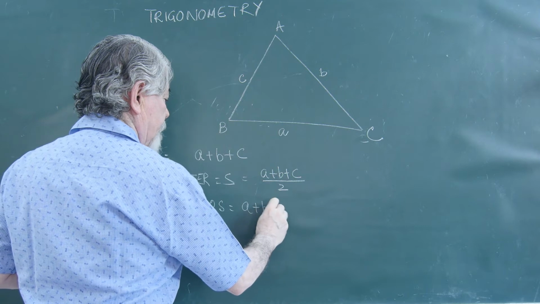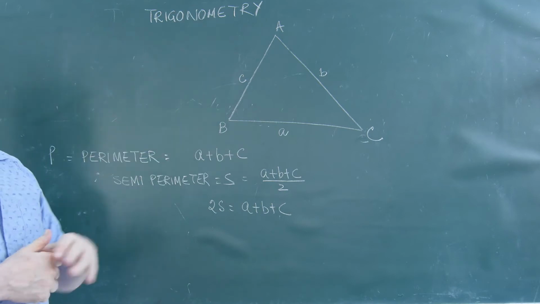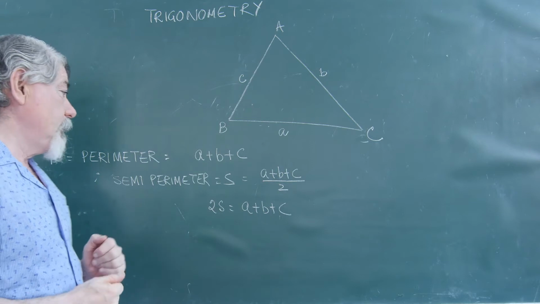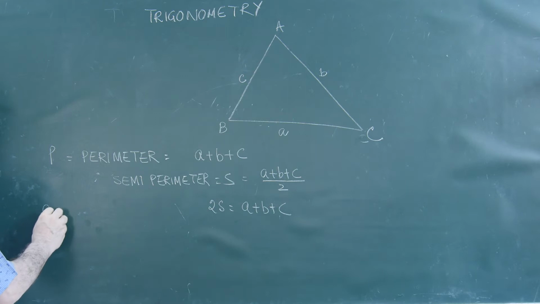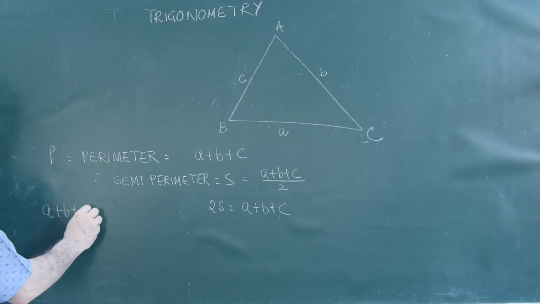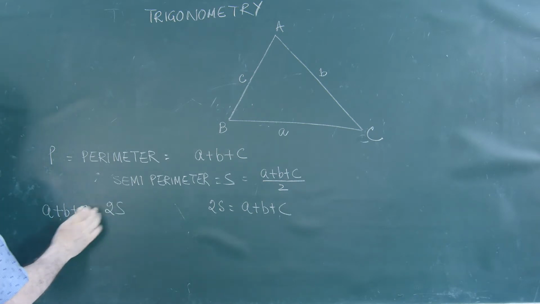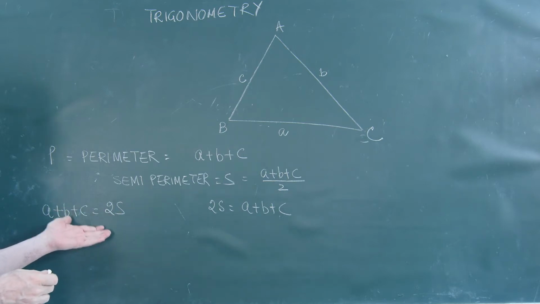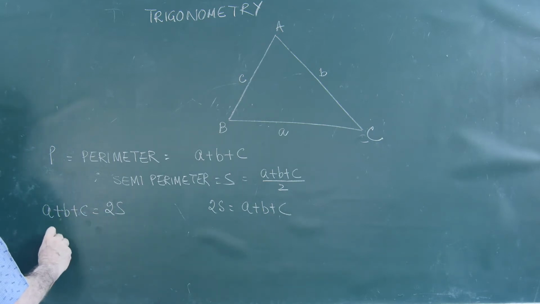These are the few things which we are going to come across when we discuss solution of the triangle. So we must know what the basics are. For example, a plus b plus c is equal to 2S. These are some of the terms which will come later in your calculations. So just to look at them and identify them when you're dealing with the problem may help you in solving the problems.